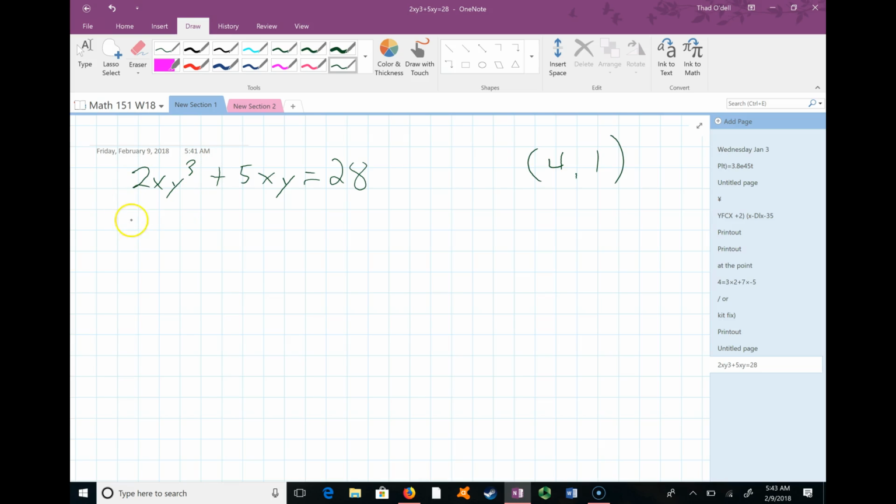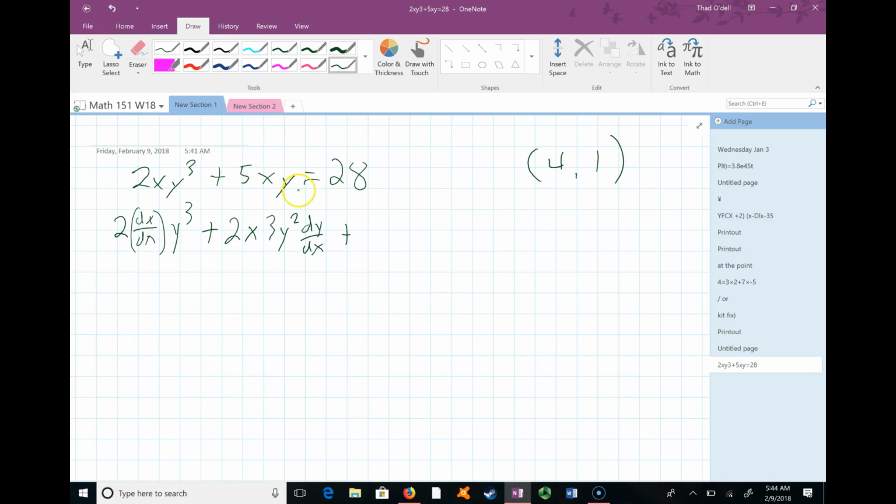now we notice this first term is a product rule because we have something times something. The 2x is my first, like my u, if you will, and the y cubed is the v. So the derivative of 2x would be 2 dx, which of course is, I'm going to go ahead and write that, dx, which is just 1, times y cubed, plus then we have 2x times the derivative of y cubed, which would be 3y squared dy/dx,